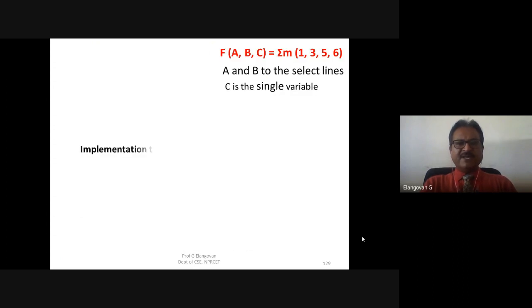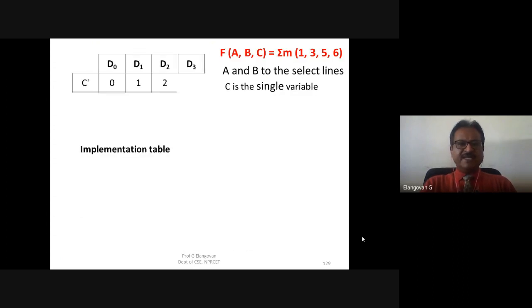For the given implementation table, D0, D1, D2, D3 are there, the top row represents C dash and the bottom row represents C, and whatever minterms are given, we will encircle them. So 1 is given, 3 is given, 5 is given, and 6 is given.